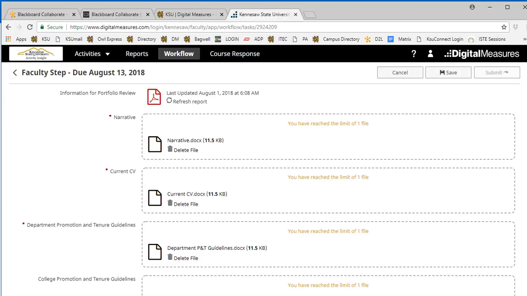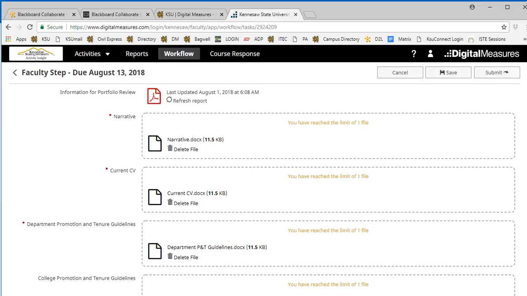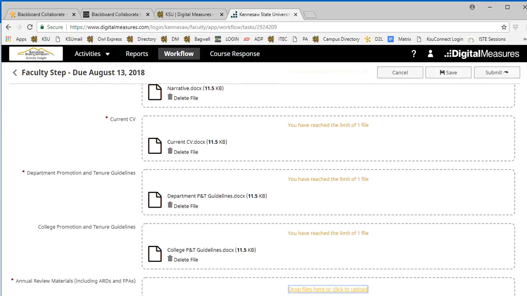Now this is where you can add more than one file, and you will need to add more than one file. You will need to add all of your ARDs and your FPAs since your last successful portfolio submission. So that may be several years back, depending on when your last successful portfolio submission took place. I'm simply going to demonstrate by selecting one ARD and then selecting one FPA. But you would have way more than this. Okay, you would continue to add all the ARDs and all the FPAs for all of those years since your